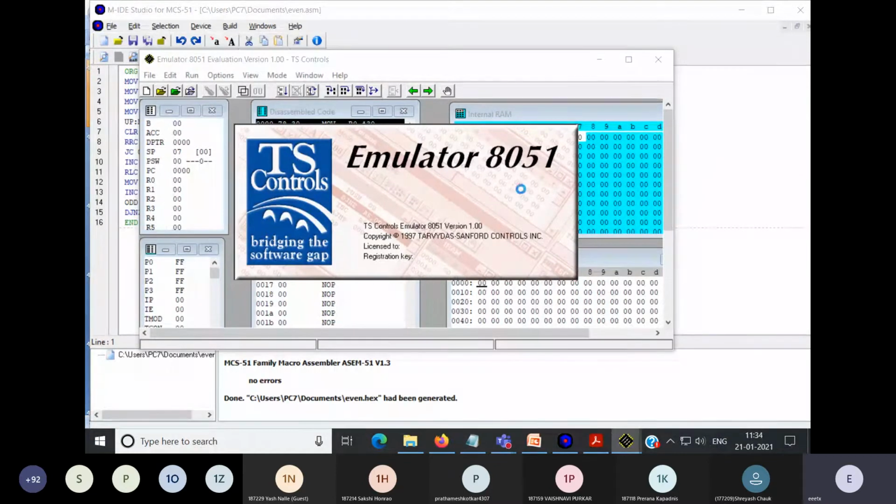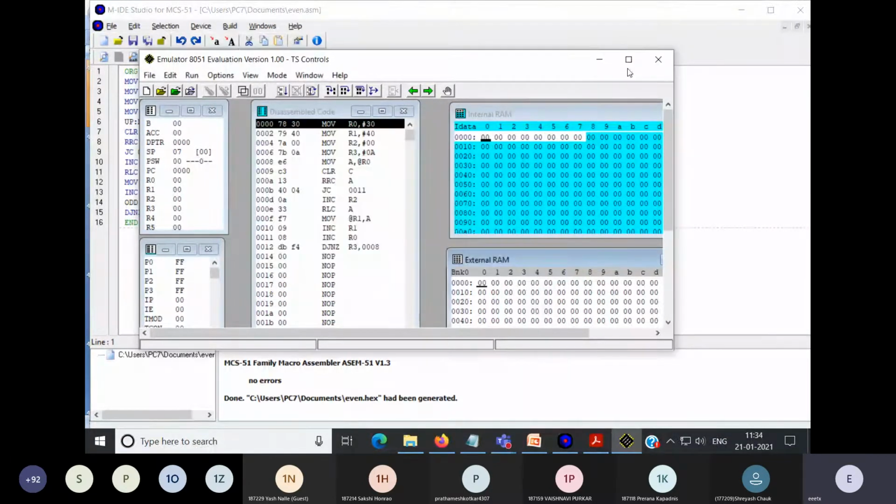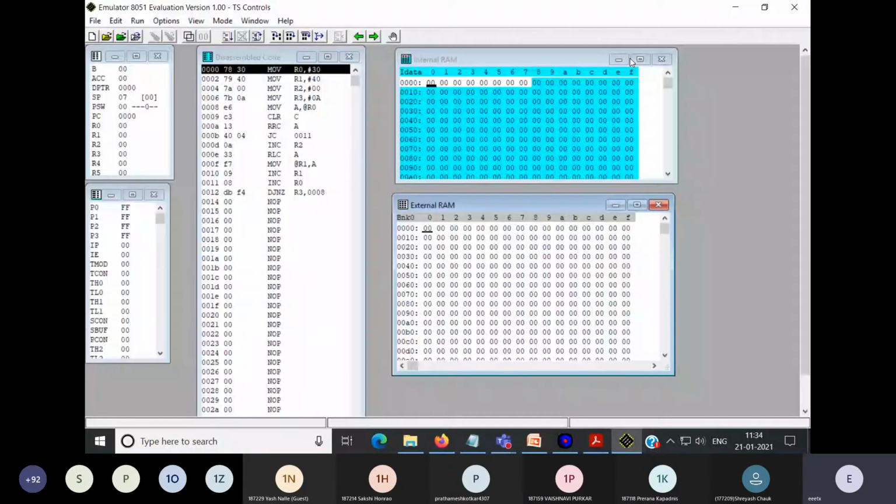Maximize this window, and the first task you have to do is go to the mode tab and select 8051. So it will display information only regarding the 8051. The code which you have written in the MID, you can see in this disassemble code window starting from 000H.